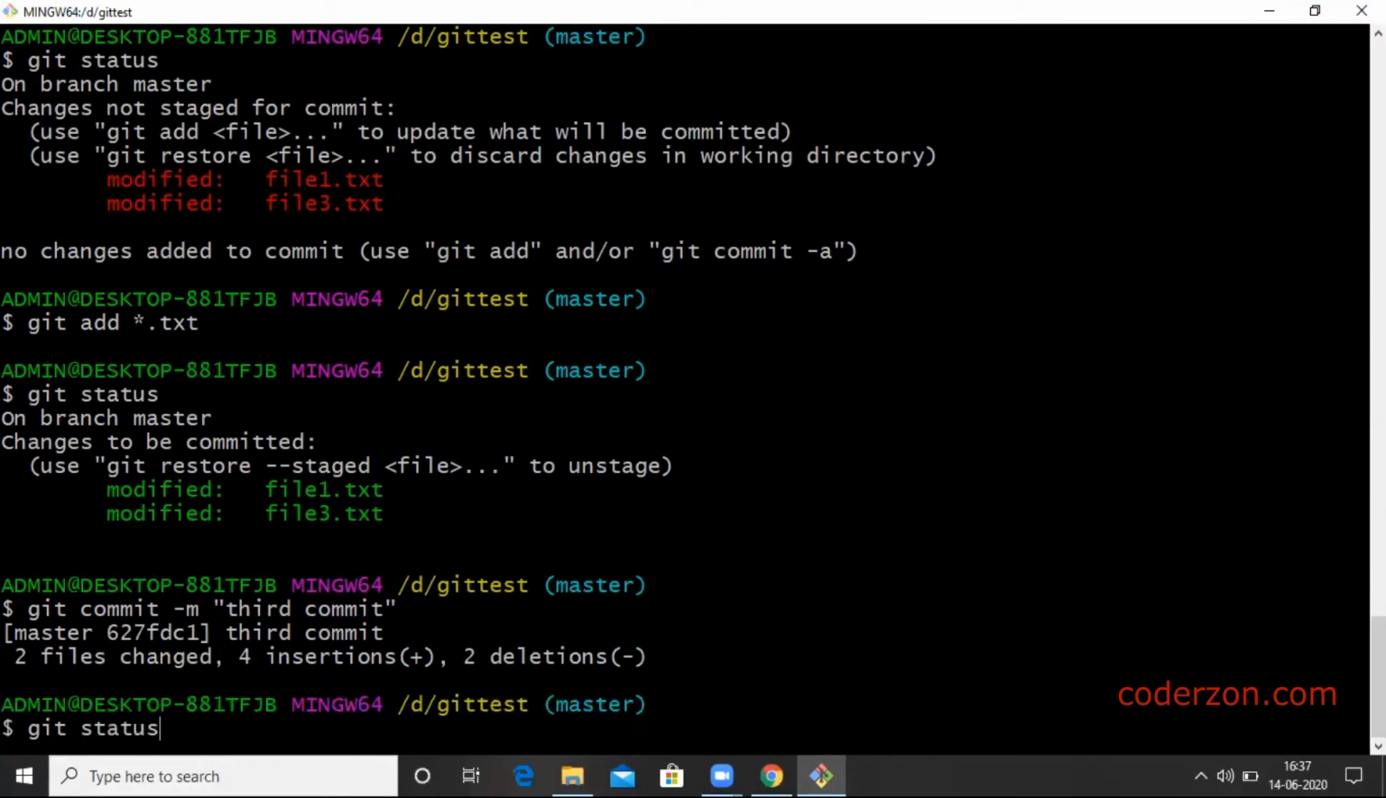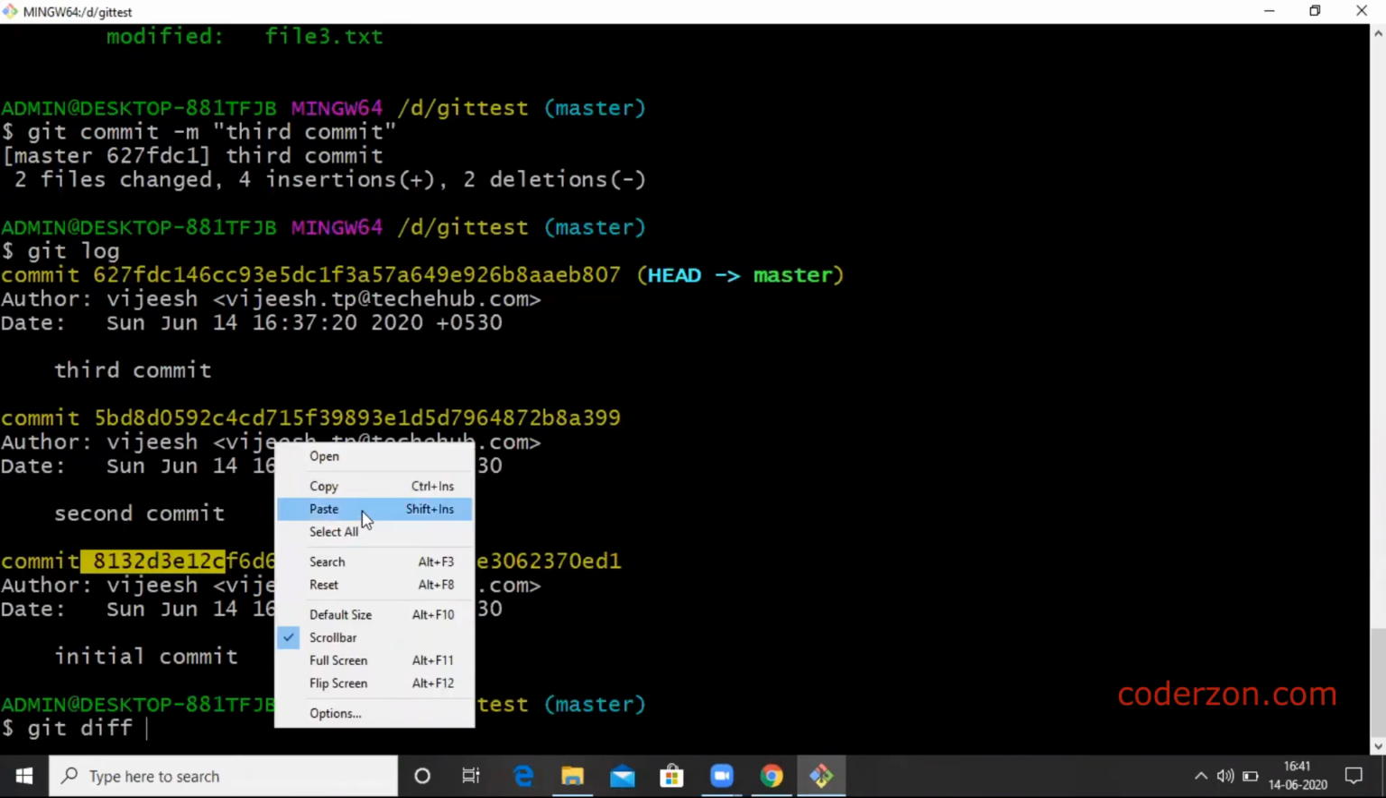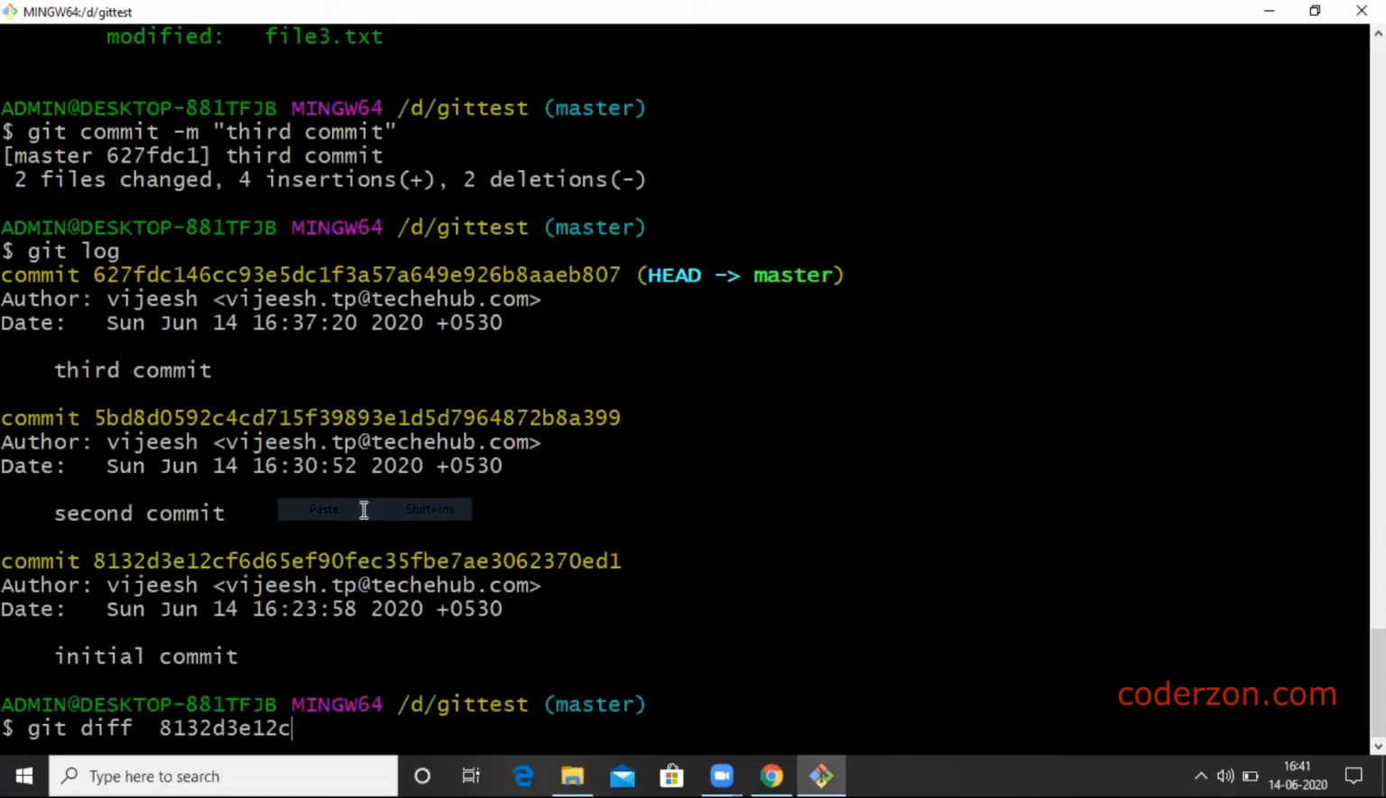So if you type git log, now we can see our third commit as well. Now we have done 3 commits, and if you want to see the difference between these two commits, we can use the command git diff, copy the beginning portion of the commit number or commit hash and paste here,